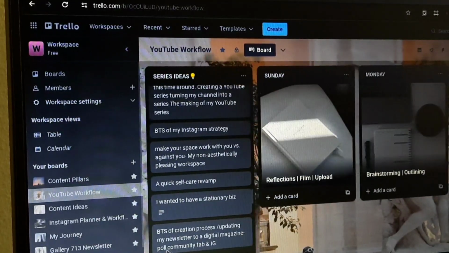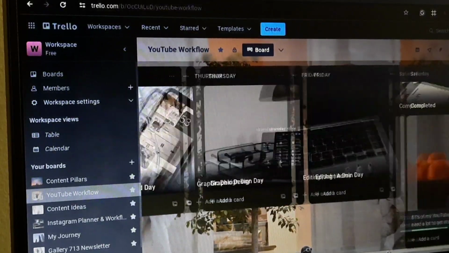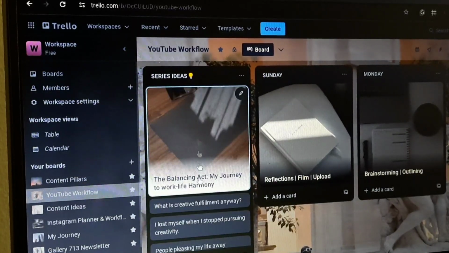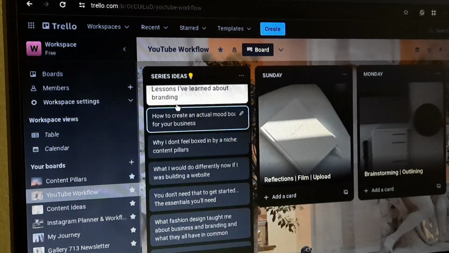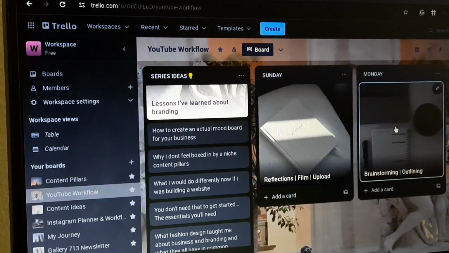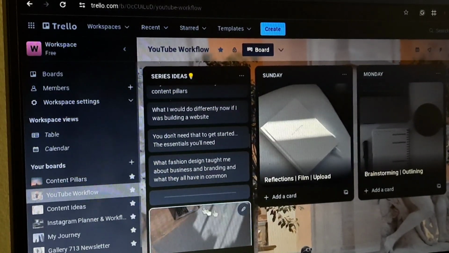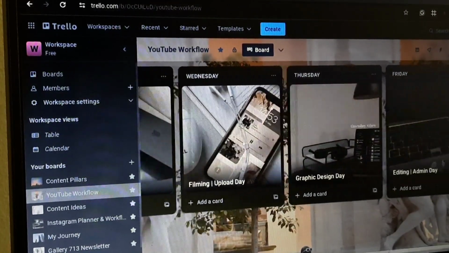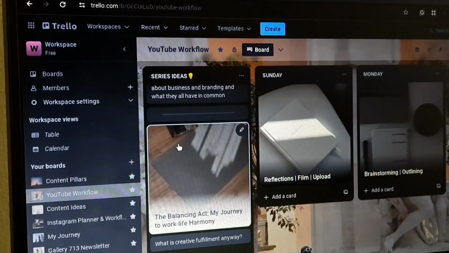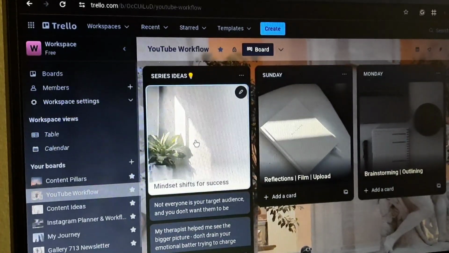This is my complete journey of how my Trello board looks, how I organize my content, what my series looks like, what it's about, where I keep all my ideas for the series. And then I have my workflow here, and I just follow this workflow to the best of my abilities. Some days I get a little off track, but it's okay. When you're running a business, not everything is going to go